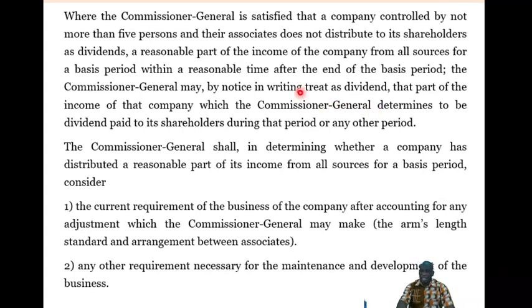So the point we are making is that when it's a closed company, a company controlled by 5 persons or less, in Ghana, even 1 person can form a company now, you are aware. So if, for example, there are 2, you and an associate, it can be you and your wife, who decide to form a company, or any other associates that come together to form the company, and the number is 5 or less. One of the things you can do is that even if we make huge profit, we can decide not to pay dividend to ourselves, on the presumption that we are applying our profit back into the business,